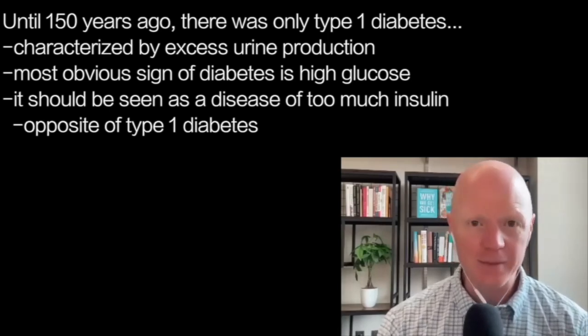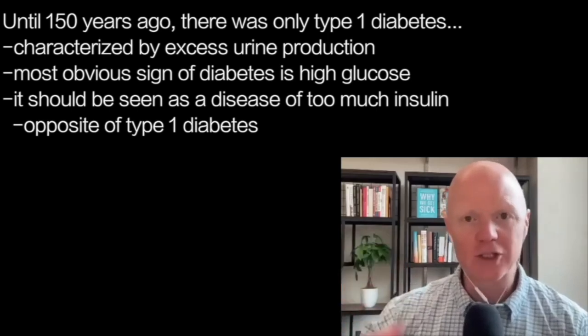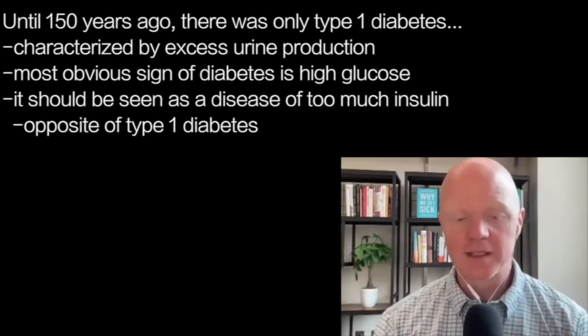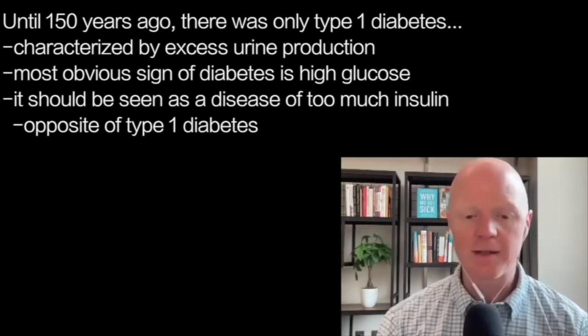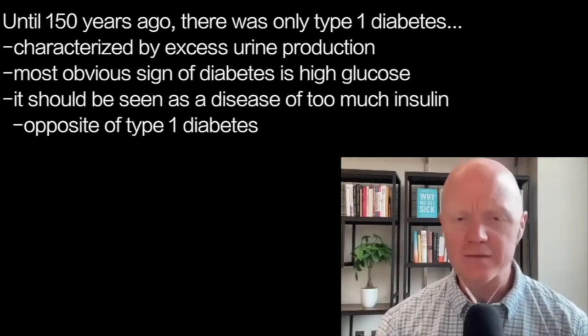In fact, the term diabetes comes from this Greek term for the excessive production of urine, or to flow through too quickly. The most obvious sign of diabetes classically was a result of the high glucose,